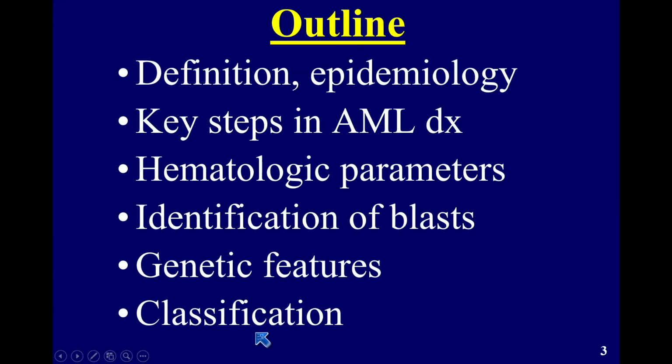in AML. So we'll talk about the definition and epidemiology of AML, the key steps in the diagnosis, big emphasis on hematologic parameters and identification of blasts, what we do all the time. Then we'll dip our toes into conventional karyotype. That's been around for a long, long time, and I think we're all quite familiar with that. And that opened the door for the genetic era in AML was the initial conventional karyotype. And then on top of that, we'll have FISH and we'll have molecular. And we'll talk about the classification